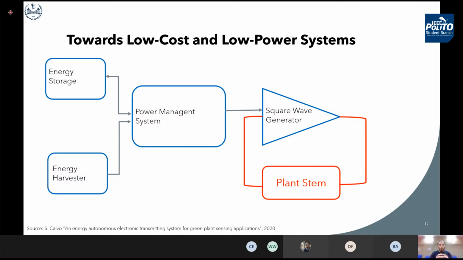The real core of this system is the square wave generator, since in its feedback loop there is the plant stem. As you know, when a resistance or impedance is placed as feedback of a square wave generator, its frequency will directly depend on the impedance itself. And it is known that it is much easier to read a frequency with respect to an impedance. Therefore, with this system, it will be possible to perform analysis 24/7 and spread those systems, which we expect